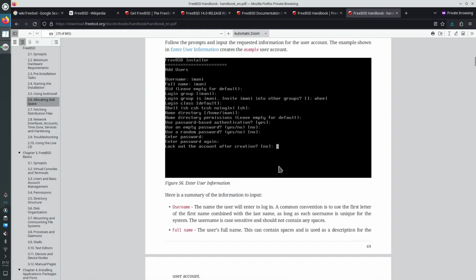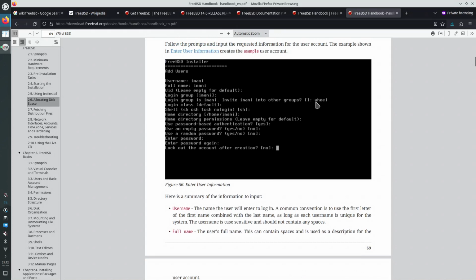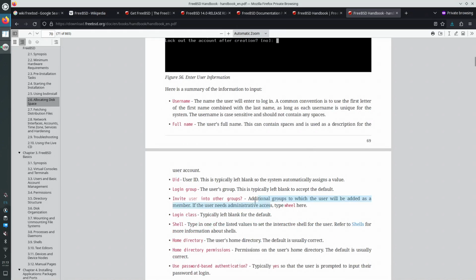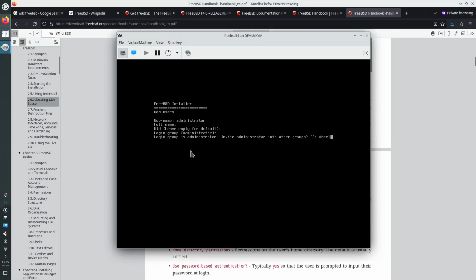Okay, so the handbook suggests that I should add the user to the user group wheel, and then it's also documented in here. It says invite user into other groups, additional groups, to which the user will be added as a member. If the user needs administrative access, it does. Type wheel here. So it seems that we're covered. Wheel, shell,